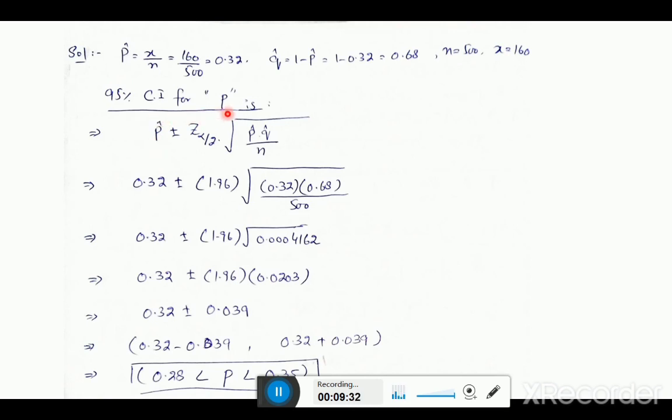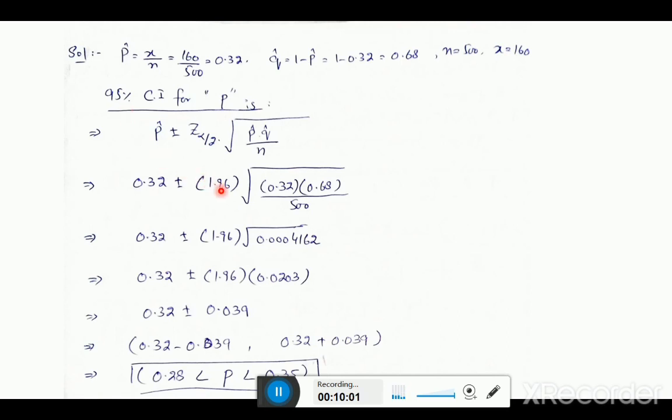The 95% confidence interval for P is P cap plus minus, upper limit and lower limit, Z alpha by 2 times the square root of P cap into Q cap divided by N. The P cap value is 0.32, or 32%. Now put 0.32 in place of P cap, plus minus Z alpha by 2. Z alpha by 2 for 95%